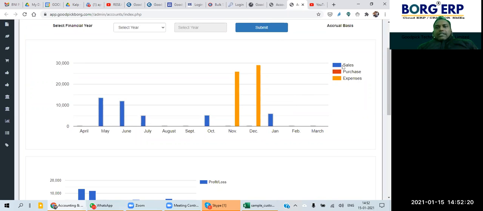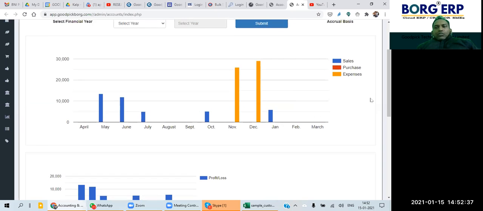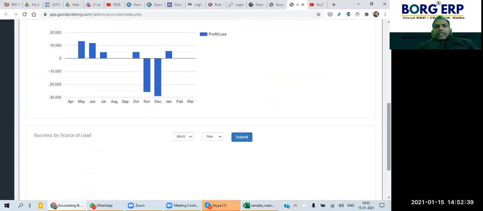The blue color is there to display sales. If you click on it, or you bring the cursor on the bar, it will also display the amount 5,900 for the Jan sales, right? And you can see there are no expenses in the profit. So in Jan, the complete profit is showing.